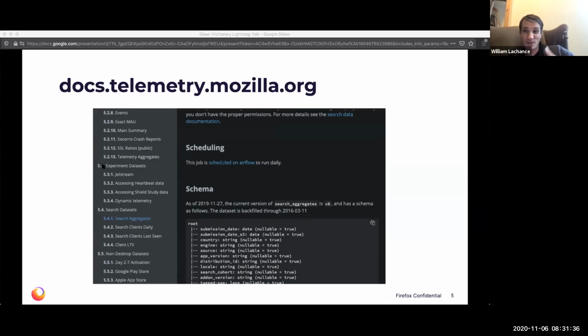It's basically a bunch of markdown documents, which gives you some nice flexibility in terms of how to explain things. But I think, for stuff that has a machine representation, it's basically perpetually out of date. Here I'm showing a view of the search aggregates data set, very much used by data science and others to understand our revenue and other important business questions. There's a schema definition here, and I guarantee you that it's out of date, right?